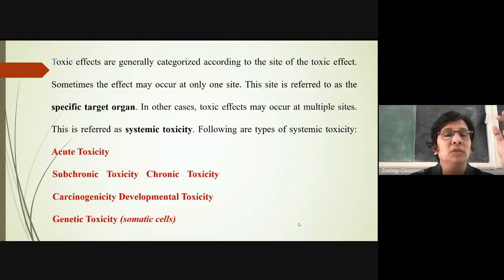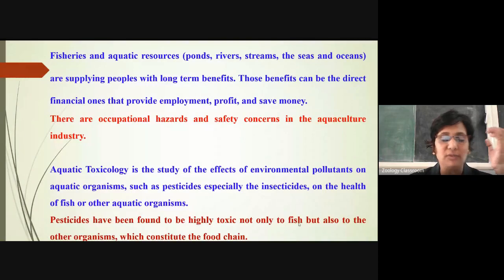When these toxic agents enter the human body as well as the animal body, they cause severe effects: acute toxicity, subchronic toxicity, carcinogenicity, developmental toxicity, and genetic toxicity. These are the effects caused by toxic agents when they enter the body. So last time we studied up to that point, and today I'm going to start fish